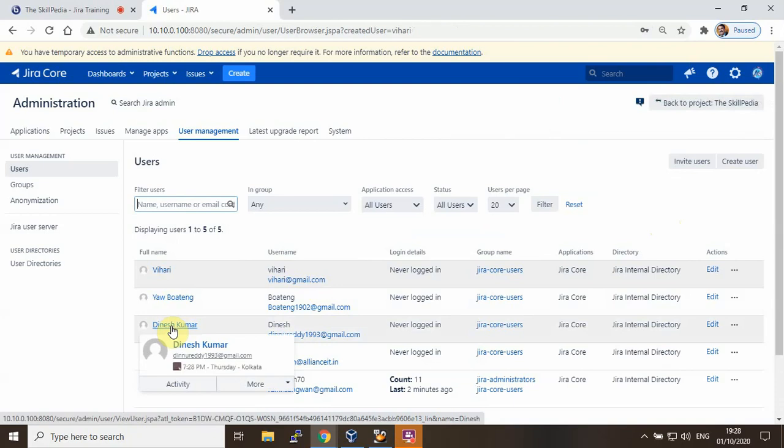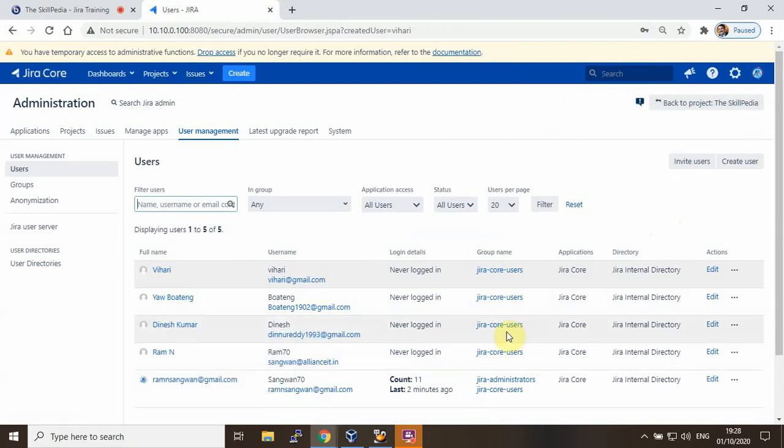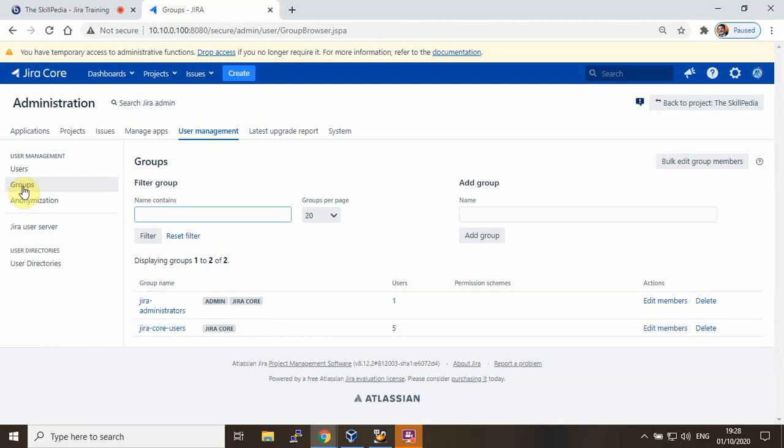Now what you see is the group name. You see the default is these are the groups and access permissions. So we need to talk about the groups also parallelly. Okay. Now for group, you can click on the groups. Quite straightforward interface, friends, not complex at all. I created Jira administrator and Jira core users. Now I'm creating a new group. For example, a filter group, edit members.